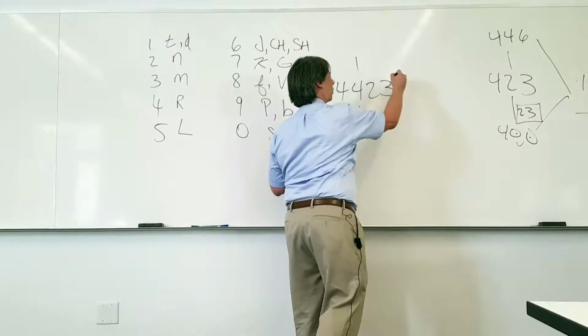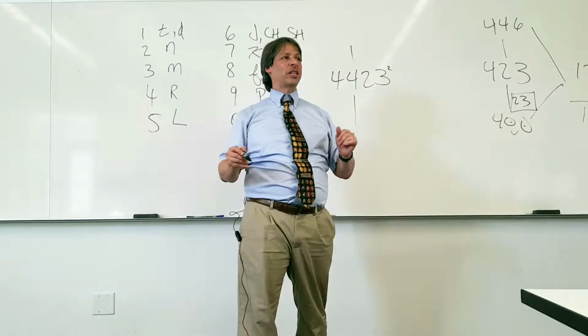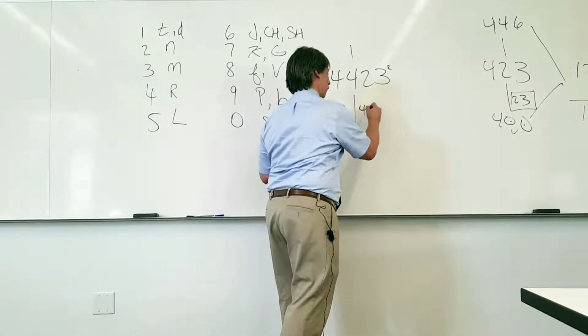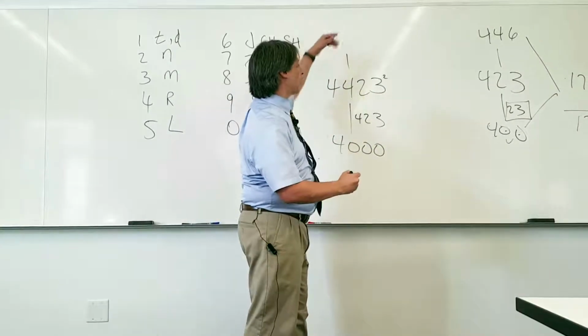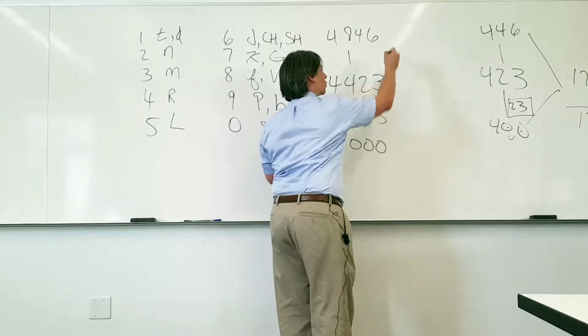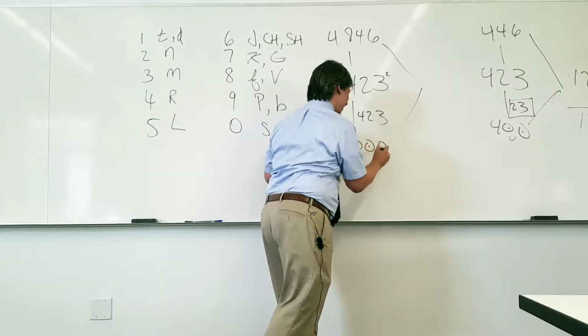4,423 squared. Now when I square a 4-digit number, I go up or down to the nearest thousand. In this case, I go down 423 to 4,000. Now, what do I go up to? Well, I go up to 4,846. So the first part of my calculation is 4,000 times